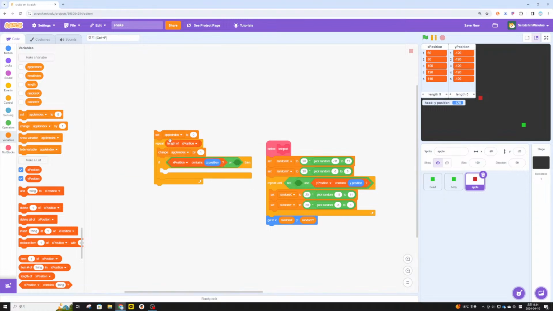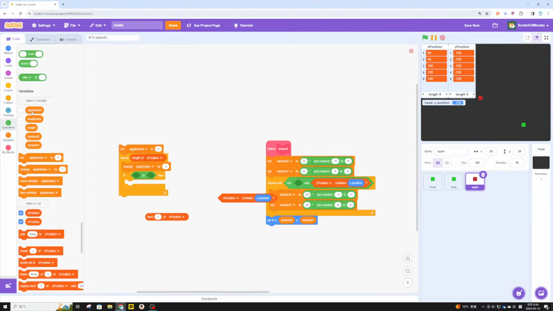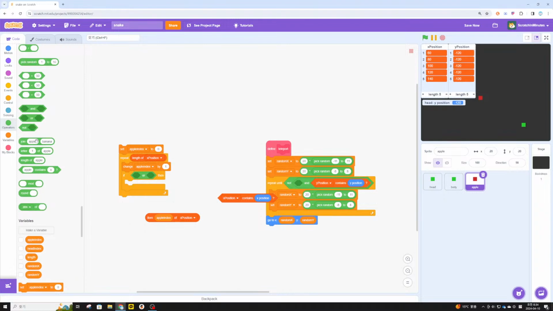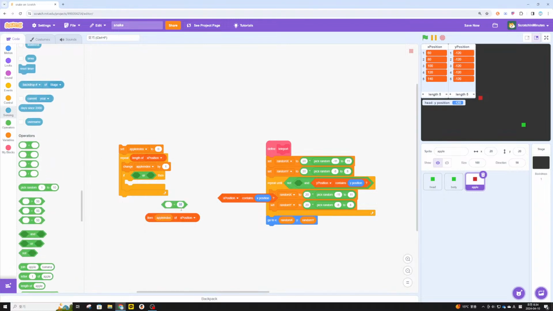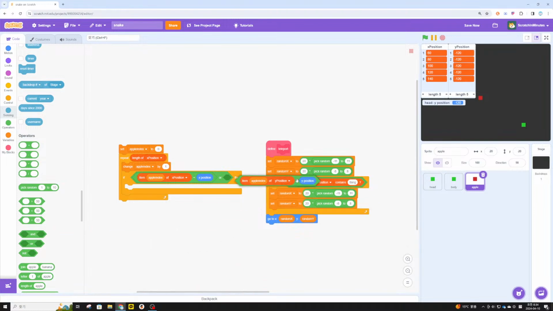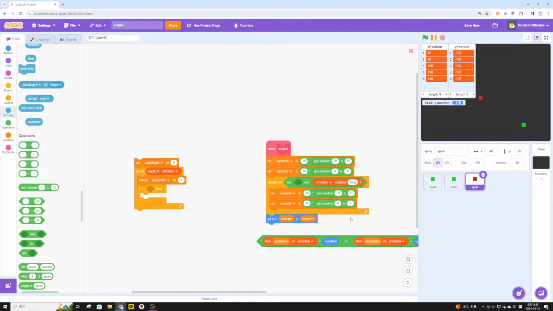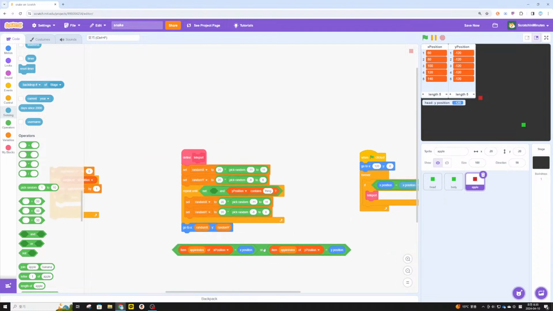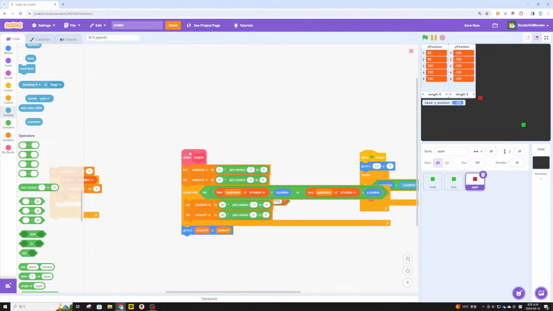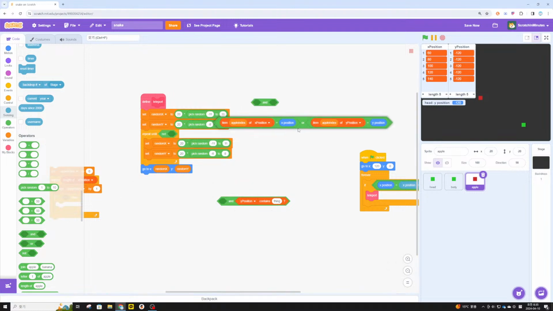If X position contains X position? No. Item Apple index of X position equals X position, or item index of Y position equals Y position. So if the head or the body, if the coordinates of a body or a head is the same as the apple's new location, I'm gonna connect this and